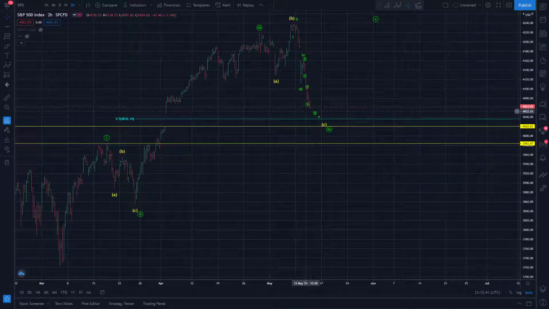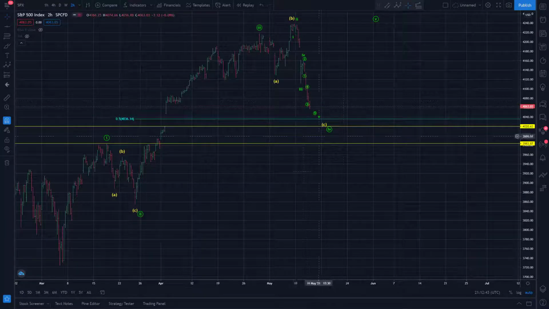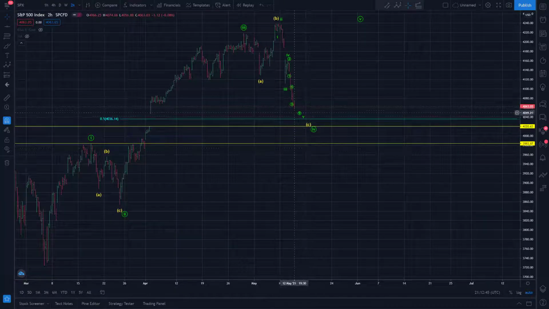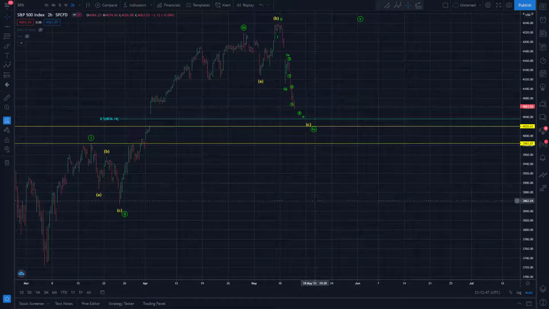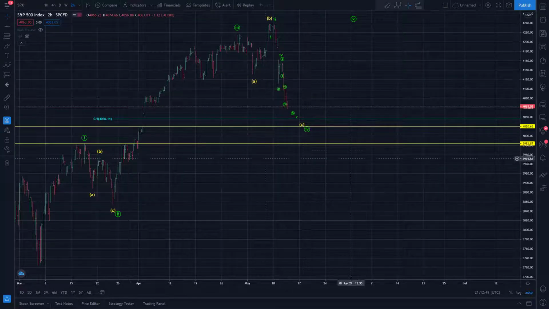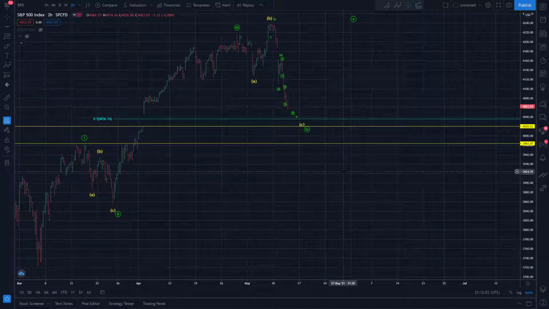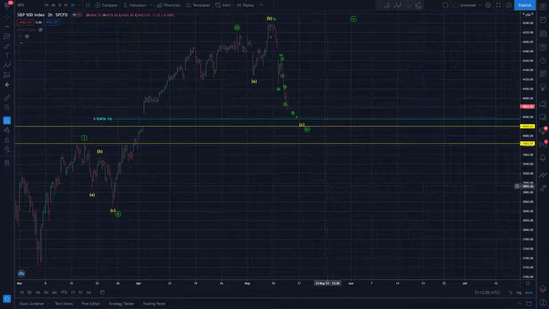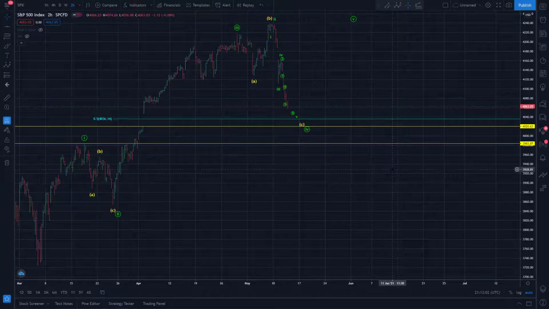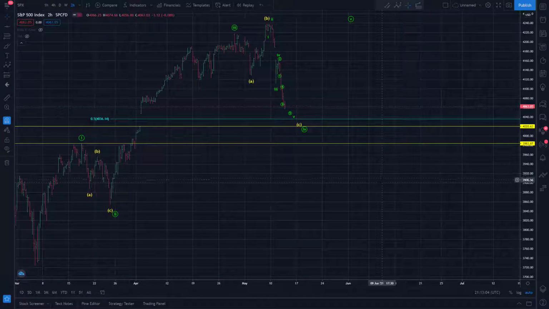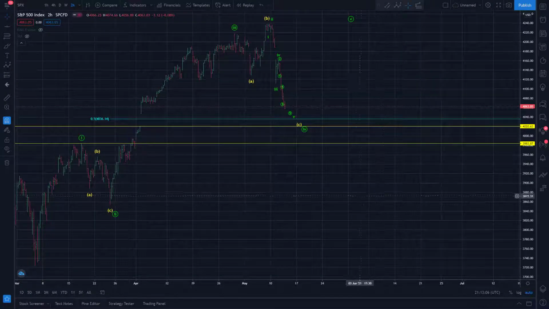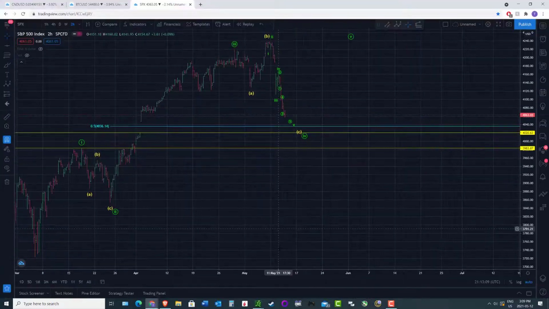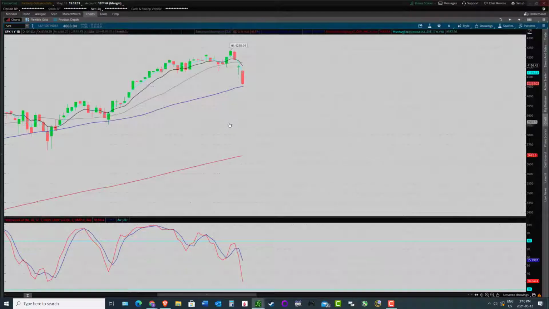And we have some technical areas of interest coming into play soon that would also suggest that we're getting pretty close to completion. I haven't shown it here because I don't think it's that important, but we have some short-term technical oscillators that are obviously very oversold now at this point, RSI, etc. But I want to focus more on the pattern than on the oscillators here at this time. Okay, now I may come back to this, but let me go to the thinkorswim chart just for a moment.